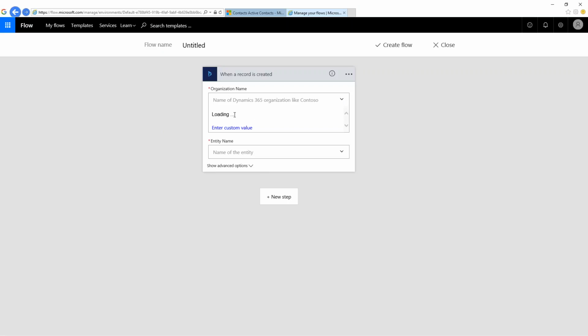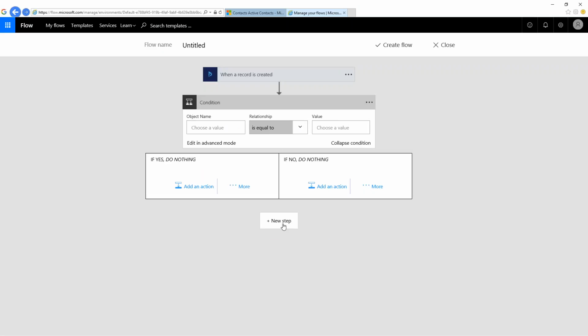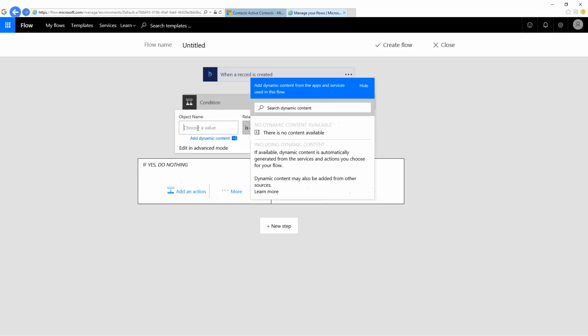But then I can go through and pick for this instance of CRM, for what entity is created, what I want the next step to be. Do I want it to add an action, or do I want it to add a condition? Okay, add a condition. If the condition here is yes, then do something. If it's no, then do something else. So I simply point and click, and I'm able to create my flow. I'm not going to go through an entire flow, but I just wanted to show that quickly.